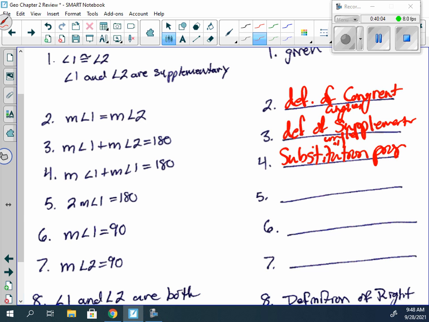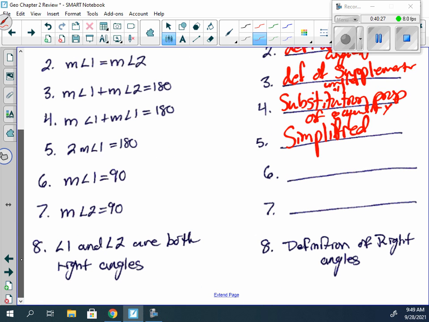Substitution property of equality. I'll take simplified, or distributive property, because we combine them together: the measure of angle 1 plus the measure of angle 1 is 2 times the measure of angle 1, which is equal to 180. Then division property of equality, because again, I divided both sides by 2, telling me that the measure of angle 1 is equal to